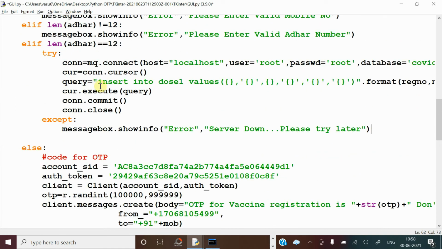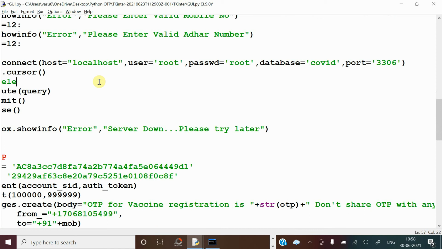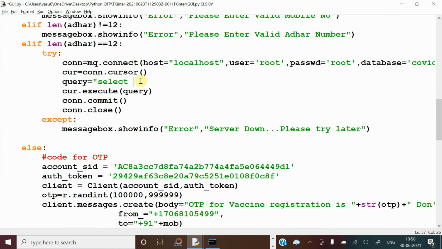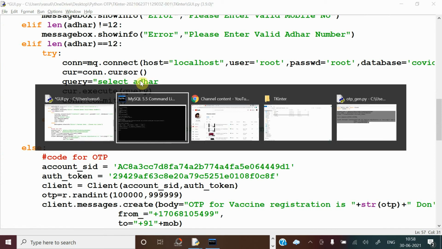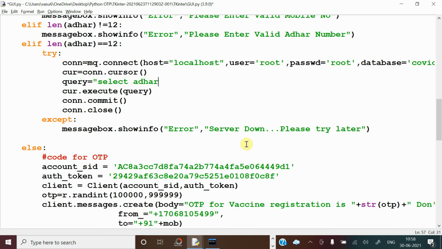Now, instead of executing the insert command, what you need to do is select, means you have to fetch Aadhaar. In the SQL table, you have to fetch the Aadhaar from the database. Select Aadhaar from DOS1.